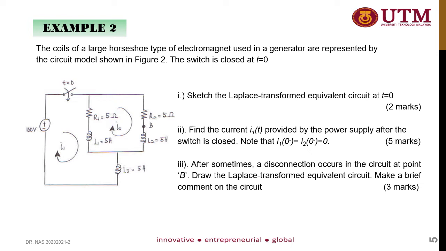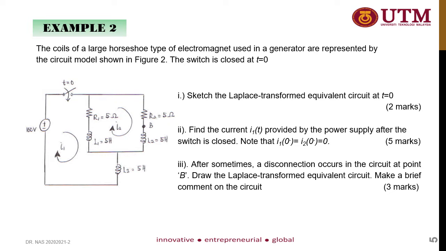So you need to find I1(t) when t is now equal to 0 or larger than 0 when the switch is closed. So now you have the complete circuit, and you need to use the loop current analysis to